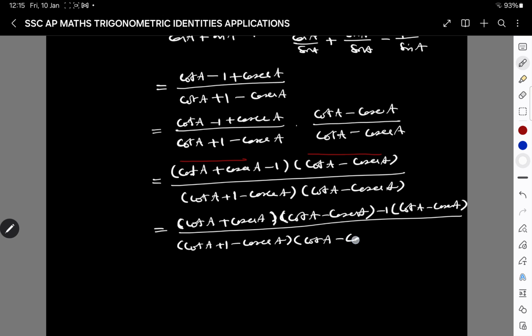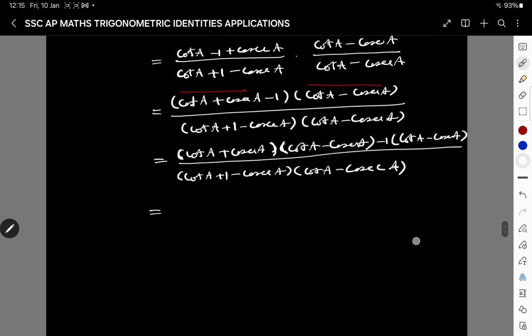This sort of sums only we multiply or simplify numerator or denominator. You can multiply or simplify numerator or denominator, only one you can. So a plus b into a minus b, a square minus b square, that is cot square A minus cosecant square A